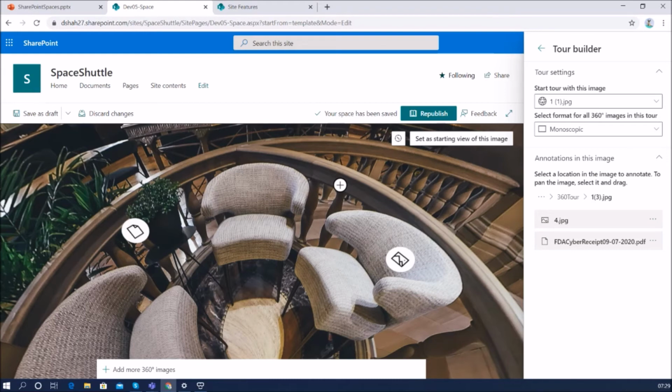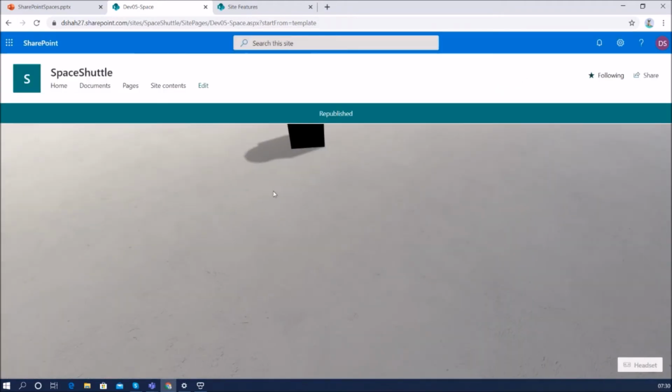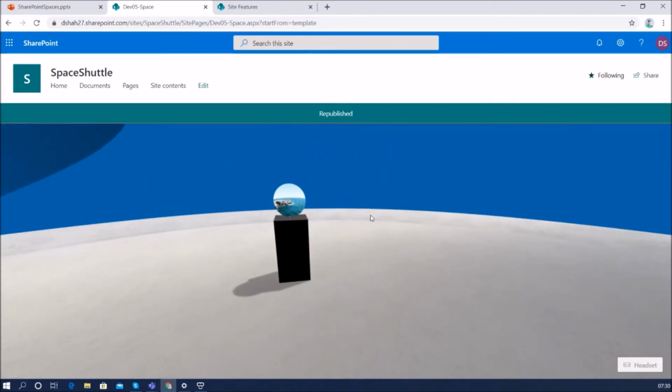In the same way, let's say there is a library, and if we want to know which books are there, when they click on that, it will provide the information in audio form, in a documentation form, or in text form. They can choose these options, right? So in this case the 360-degree tour is very useful to us, and we can easily create it with the help of this. Now let me republish this and check the web part.